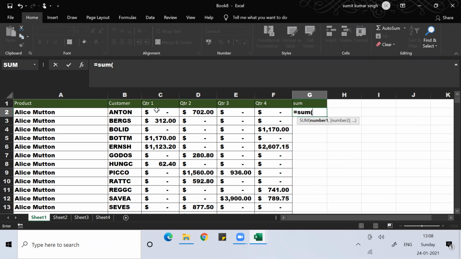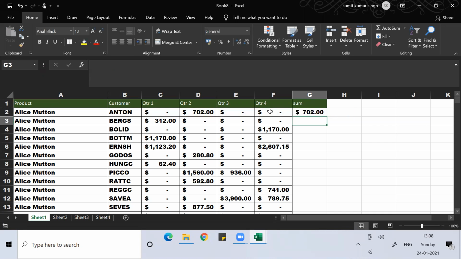Then you can manually select the cell C2 comma, then D2 comma, E2 comma F2, because you wanted to do the sum, no? So sum of quarter one, quarter two, quarter three, quarter four, and close the bracket and then press enter. This is the one way you can do the sum.